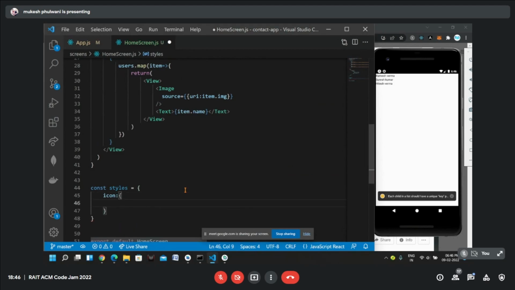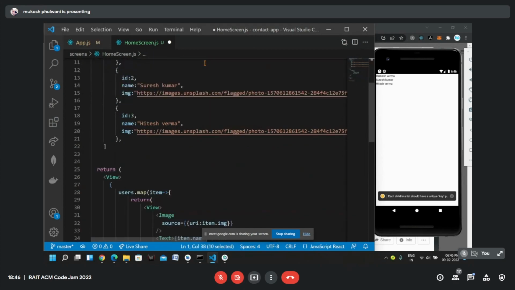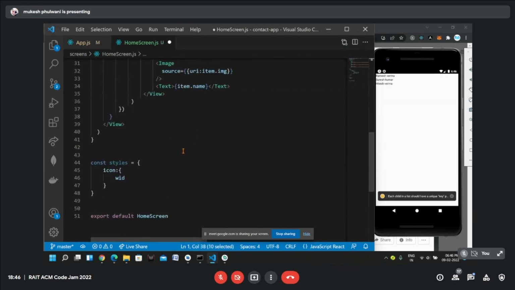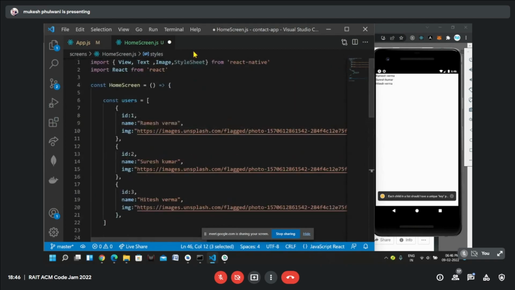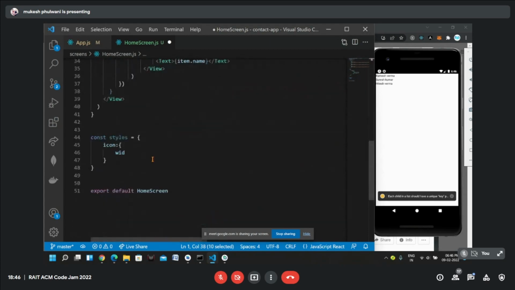And to this icon, let's say I can give width, but there's a problem. When I'm typing my CSS, I'm not getting suggestions. So this StyleSheet is basically needed if you want suggestions, or if we have any error, if we have made a typo. So React Native can recognize that, yeah, here is the mistake. So that's why we use a StyleSheet, and it's recommended. It's not compulsory to have it, but it's recommended. So I'm not getting suggestions.